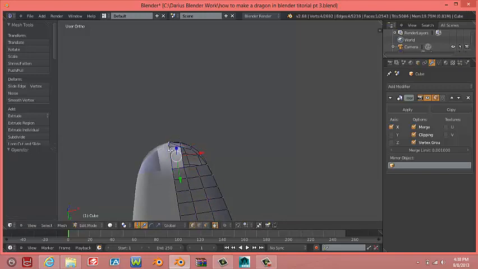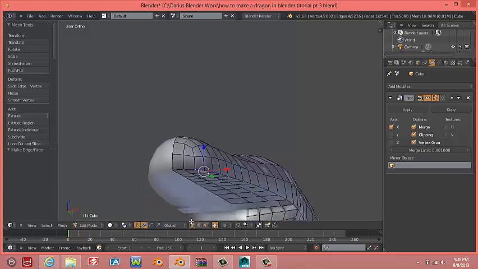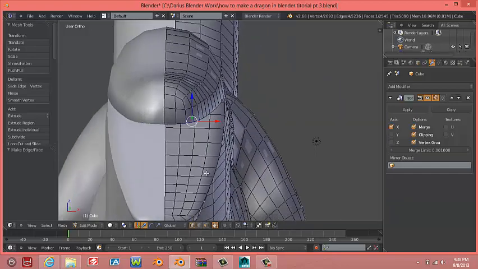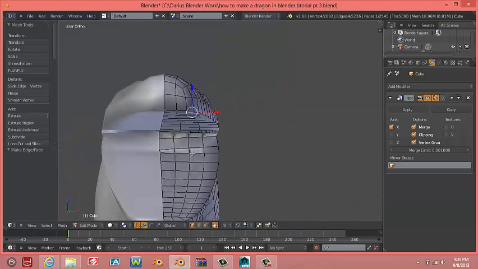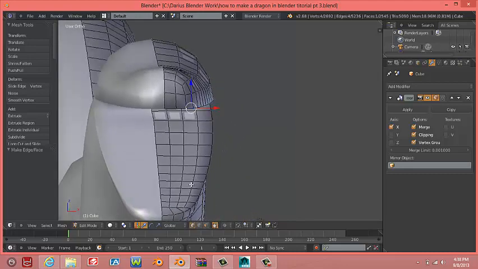Whoops. Control Z, Control Z. Selected the wrong vertex by accident. Hit F, F, and F. Now I think we did something wrong on the bottom part because there's 2 up here. Yep, we did. Okay, this is what we're going to do. Alt right click this, hit